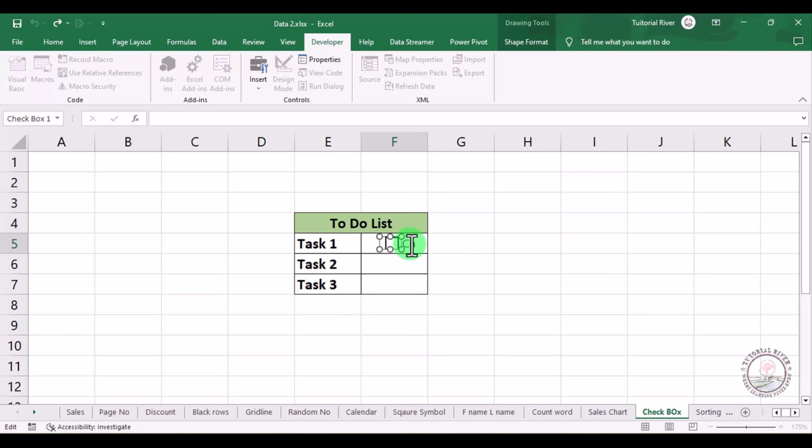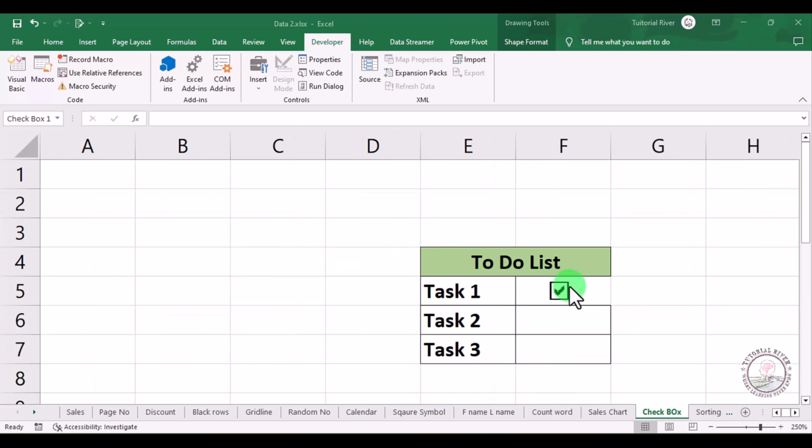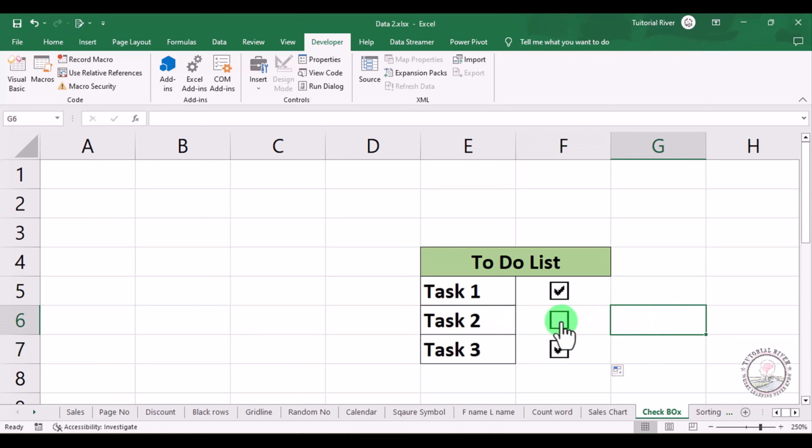And we are going to delete this text. Just resize it and delete the text. Now you can see that this is our check mark. If we want to uncheck this, we can do it and we can check it easily and drag it to the last. You can see that this is our checklist,